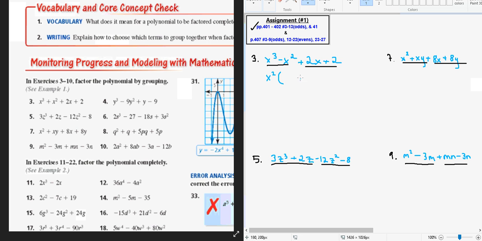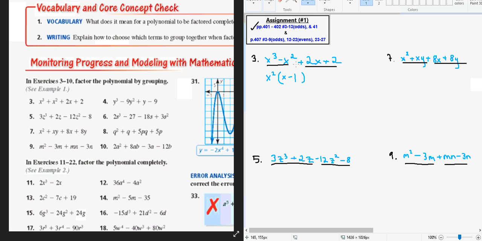What remains when you factor out an x squared? Or in other words, if I were to redistribute this into those parentheses, I should get back to that x cubed minus x squared. So x squared times x is x cubed. X squared times negative 1 is negative x squared. So that's how you go about factoring out the greatest common factor and writing what is left for each of